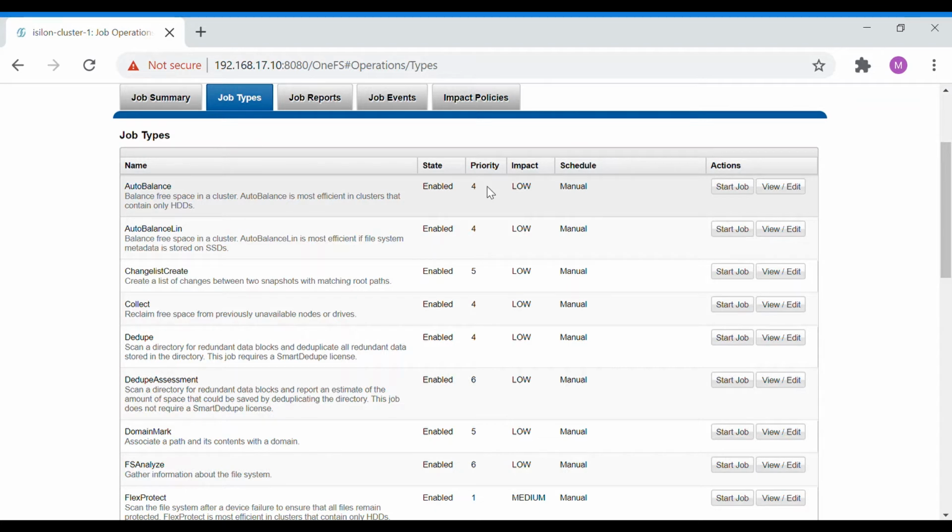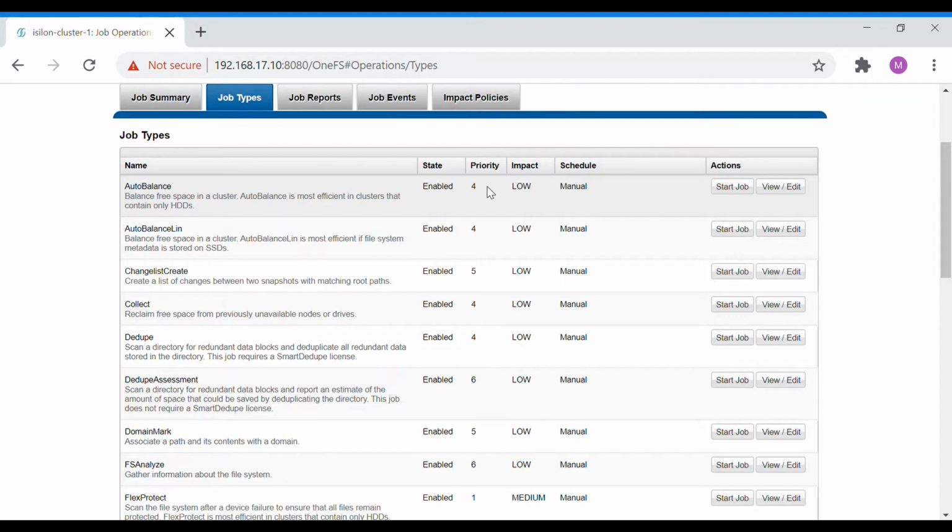Low in the sense that there will be fewer workers assigned to the job, according to that particular job's criticality. And then schedule, we have manual and automatic, and actions.